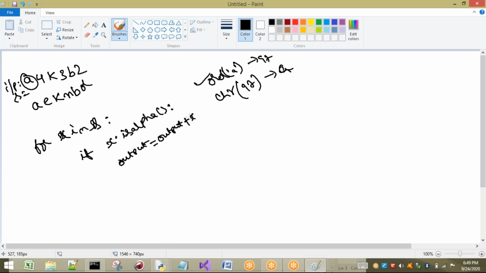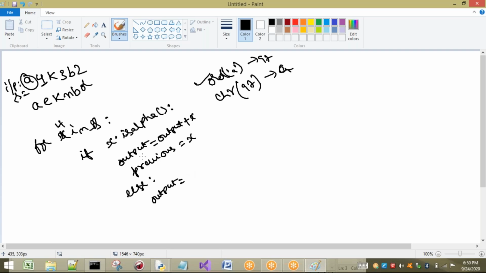But if it is a number, I have to perform some operation. So here, for an alphabet, I'm not going to do anything, and I want to keep this alphabet for next usage. So previous equal to X. X contains A, for example. Now next loop, it is going to take 4. That means X value is 4. Is 4 an alphabet? No. Then it has to go to the else case. So in the else case, what do I have to do? Here the logic has to be written.